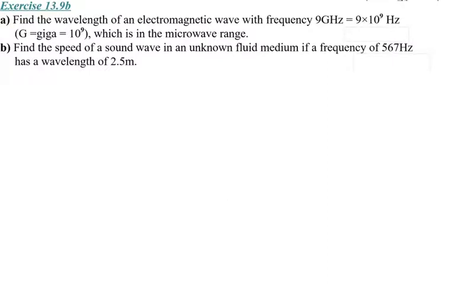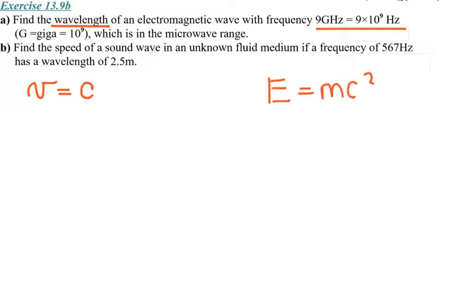Here's the next example I want to look at with you: find the wavelength of an electromagnetic wave with a frequency that is 9 gigahertz. Giga stands for 10 to the 9th, which is actually the microwave. So if they say find the wavelength and they give you frequency, I know the speed of light. In the previous video, sometimes they use the letter C. Do you remember the famous Einstein formula, mc squared? So C stands for the speed of light, and that is 3 times 10 to the 8